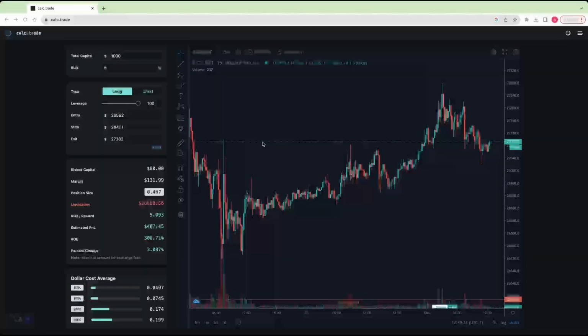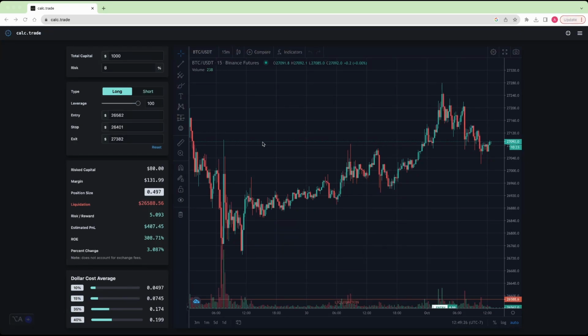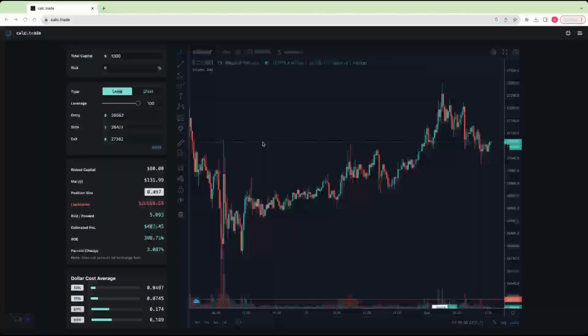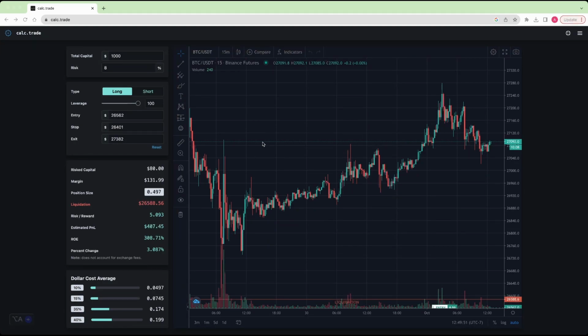But look, the best thing to do is to just test it out. Imagine you've only got $10 or $20. Just do really small trades to start with. Get used to using position size as your trade execution, rather than just putting something in and hitting the slider. In fact, just hit the slider first. Put the slider on max, so it's max leverage. Use cross mode, and then go into calc.trade. Figure out what your position size is and type in physically whatever it says. So if it's like 0.041 Bitcoin, put that in, and that will be $10 worth of risk, or $20, or whatever your percentage risk is.